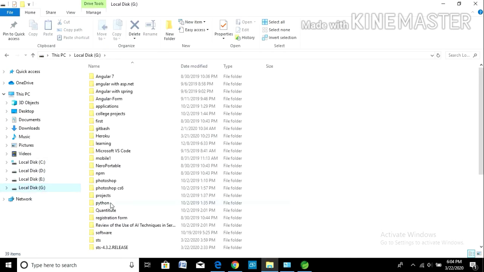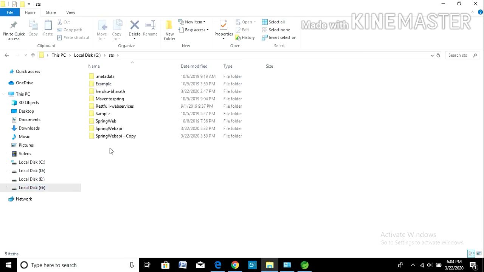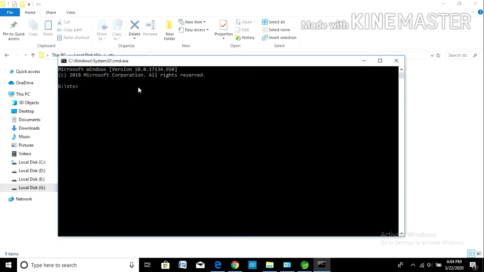Now let's go to our application, our web API folder, and open it with the command prompt. Go to that folder, Spring Web API. Now here, when you type heroku login, we are interacting with the cloud platform using our command prompt.